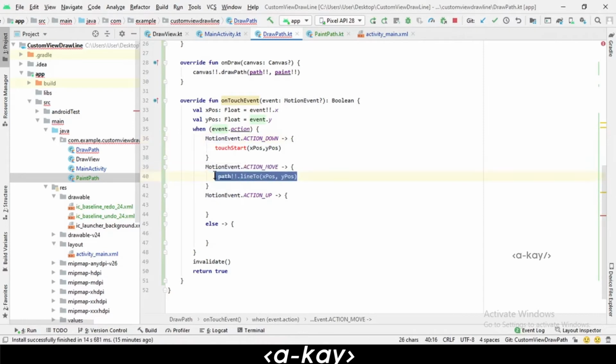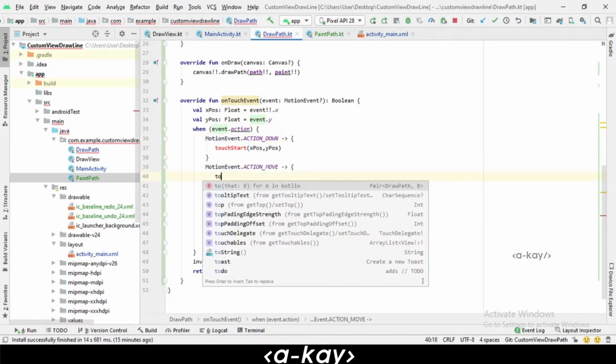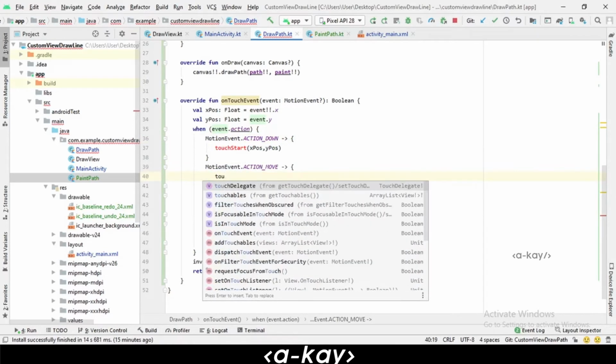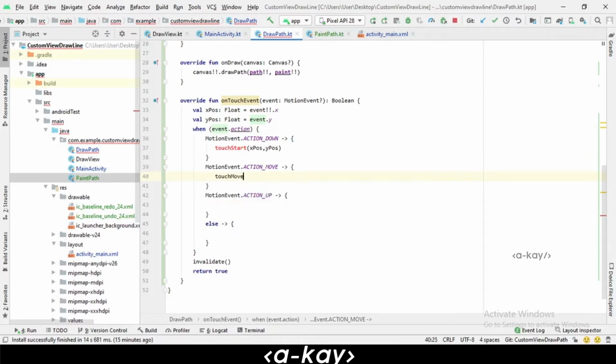And here we are going to implement touch move. It's also going to take x position and y position. And the next one is touch up.